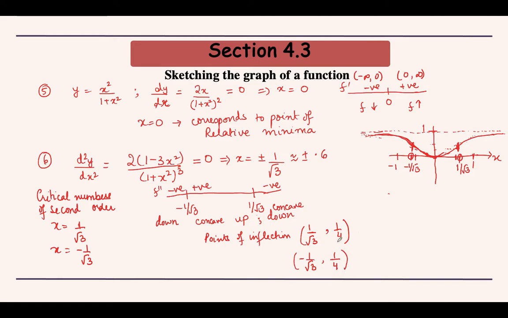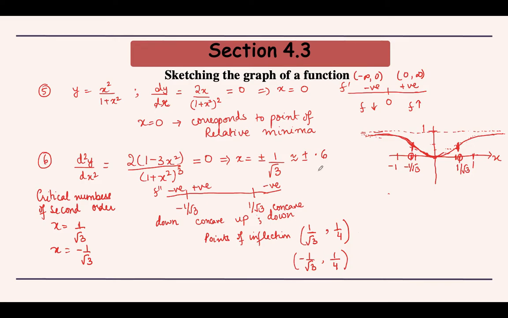So we are going to approximately mark these points on our 2D plane, and then we are going to complete the graph. So as you know, the function is having a point of relative minima here. So that means close to this point it has to be a cup shape opening upwards, because minima signifies that the shape has to be like this.